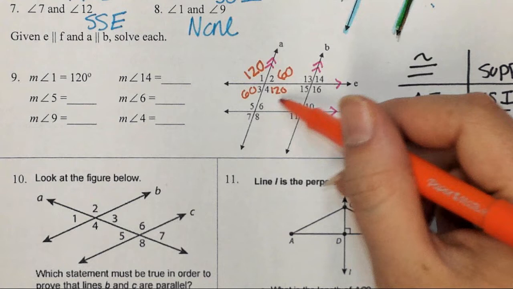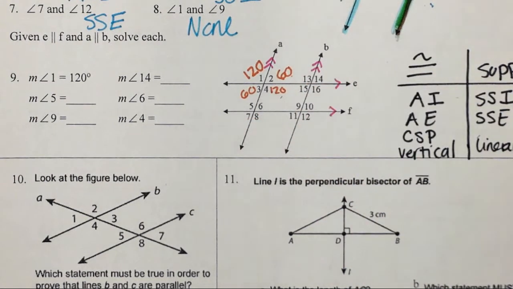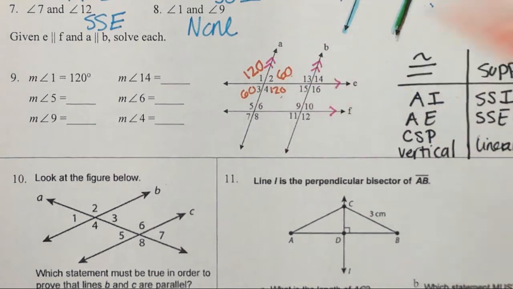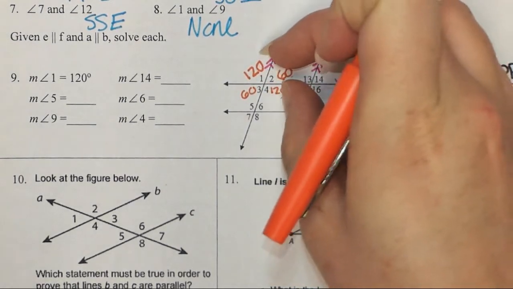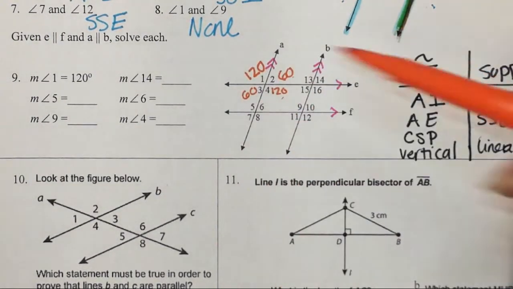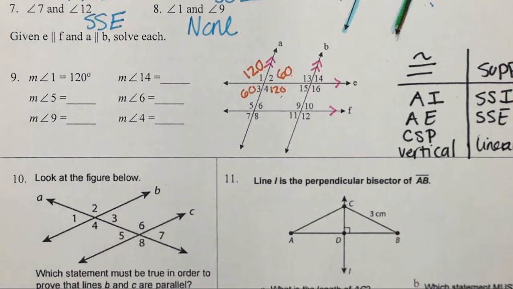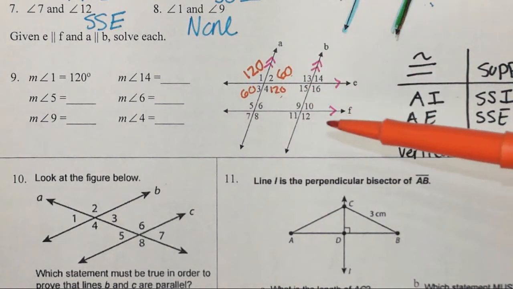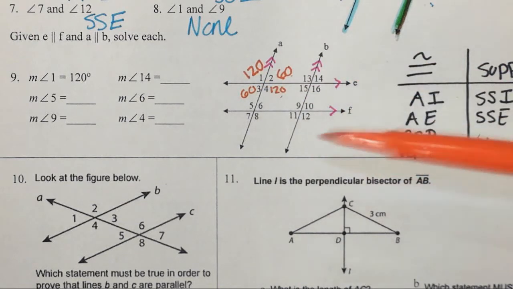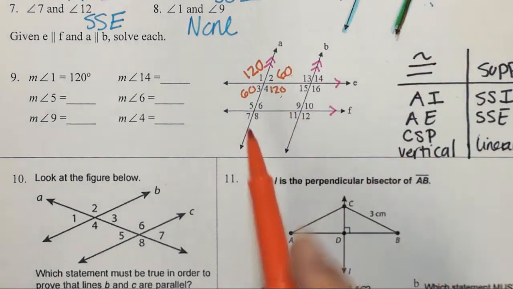All right, so 180 minus 120 leaves us with 60. Now, the easy way to do this is that once you know these 4, you're basically just going to copy and paste that to each of these other 4 sections. Okay? So the reason that we can do that, since both sets of lines are parallel,